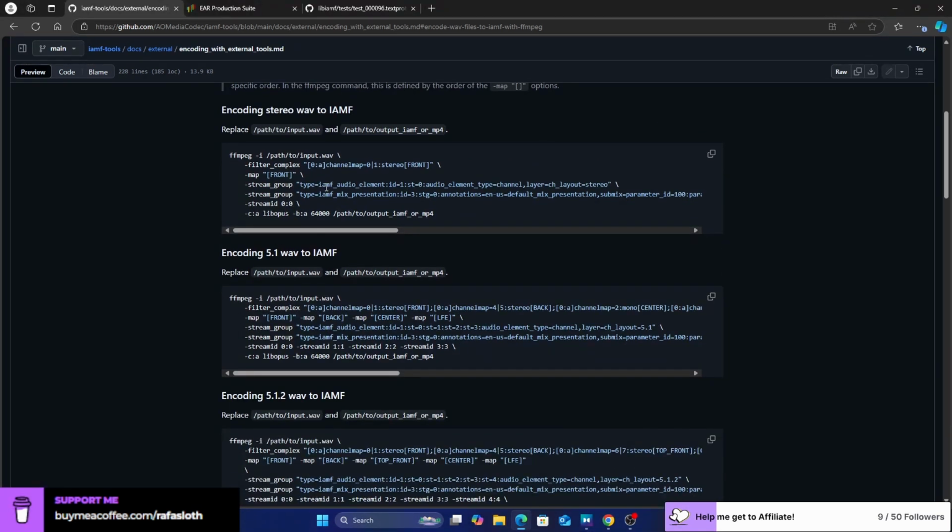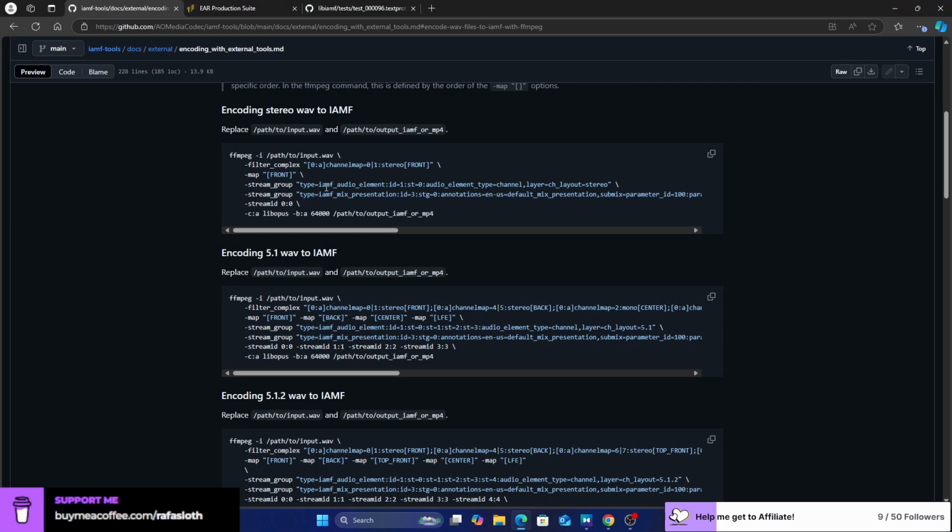Well, first of all, let me say the FFmpeg approach works, but you may not be using all the capabilities or all the features that IAMF allows you, because IAMF is not just for immersive audio, it's also for broadcasting.